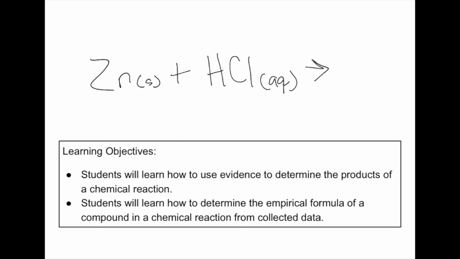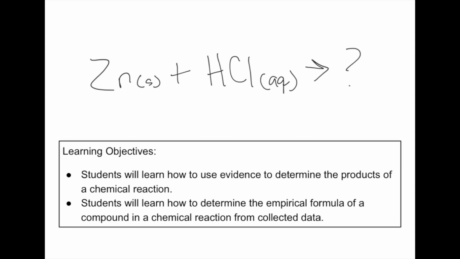So the first thing we're going to be looking at is what is produced, right? And once we figure out what is produced, we're going to be looking at the empirical formula of one of the compounds that is produced, or the ratio in which the elements of this particular